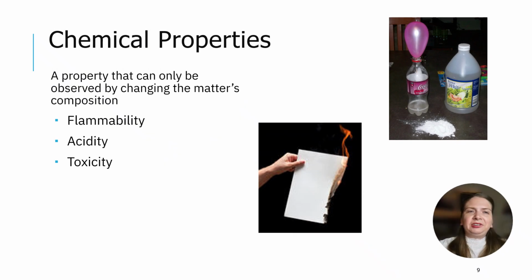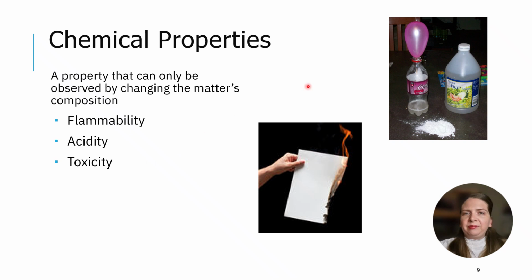Chemical properties can only be observed when matter changes composition. Examples of chemical properties include flammability, acidity, and toxicity. When a substance burns, it changes composition. If a person ingests a toxic substance, chemical reactions occur within the body, which is why toxicity is considered a